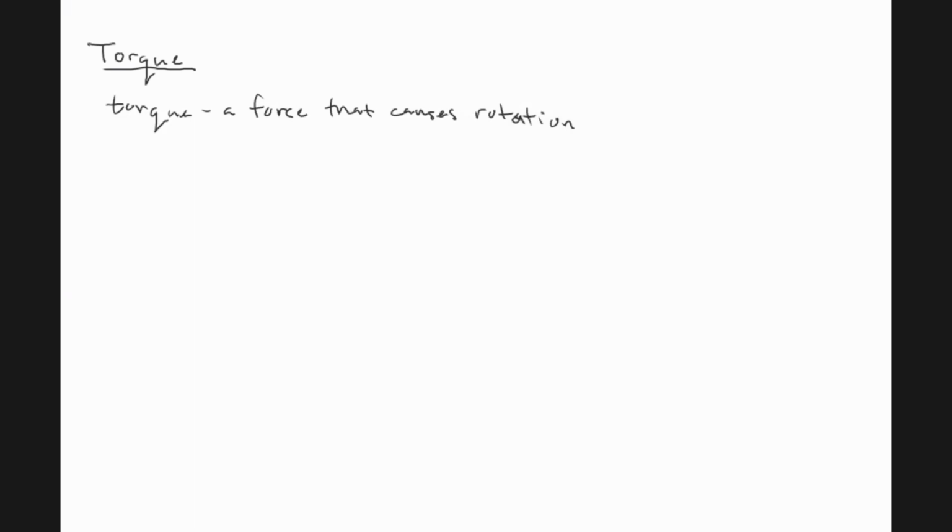So when you think of torque, you think of turning a bolt or screw or nut, right? But the main key points of torque are you're going to have a point of rotation,